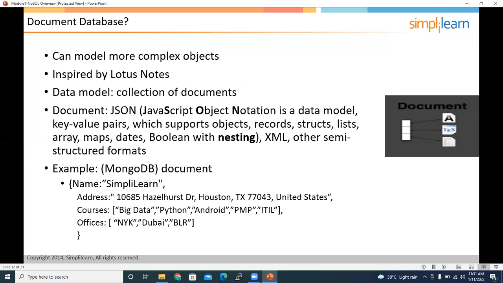MongoDB is the document-based database. It will store the data in a JSON format. And of course, in the background it stores as BSON. So there are two terminologies. One is JSON, JavaScript Object Notation. I'll show you what JSON is and how it looks like. And BSON is a binary format of JSON. So on the disk it will store as BSON, and when we query the data,